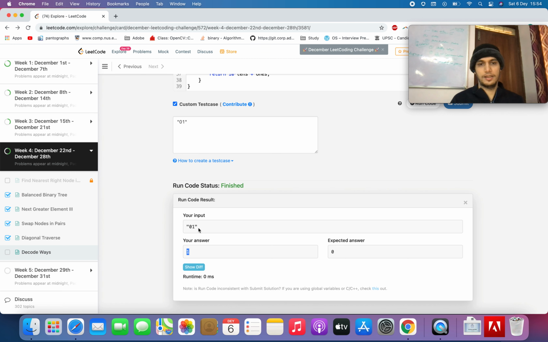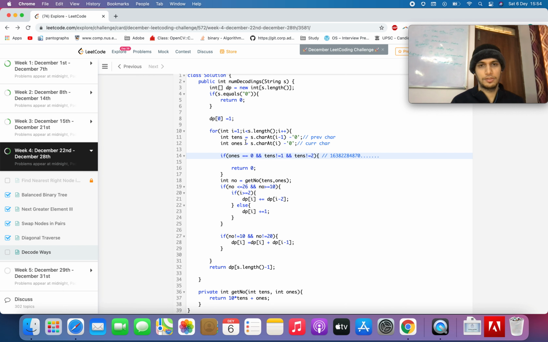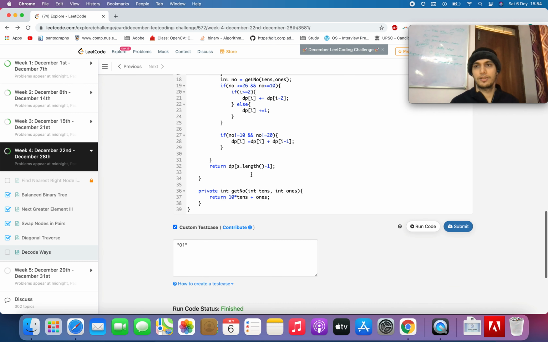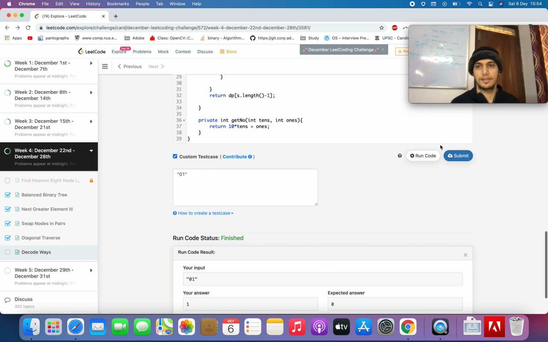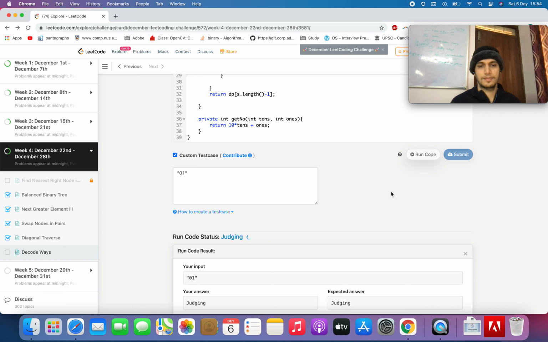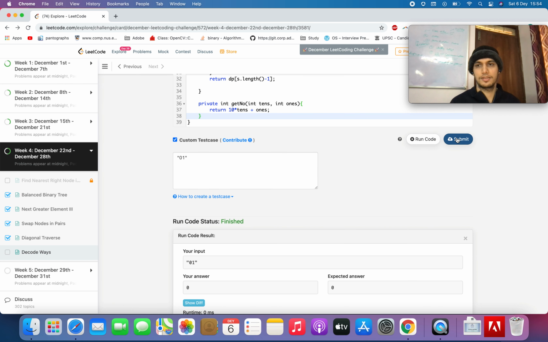I got 1 here instead of 0, and the input is 0 1. So what should we do? For the cases of 0 1, oh, we should be adding a check that s dot char at 0 equals 0, then we are good. Let's just try this now. Zero. Let's submit. Fingers crossed this time.